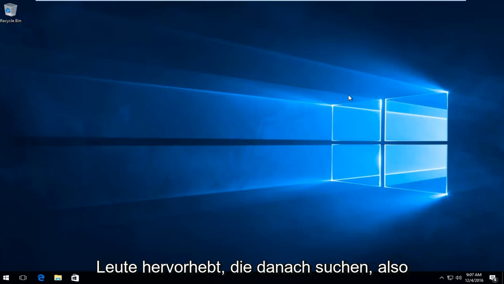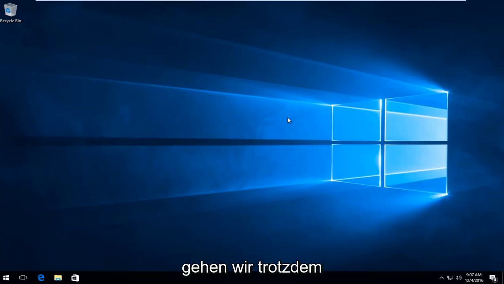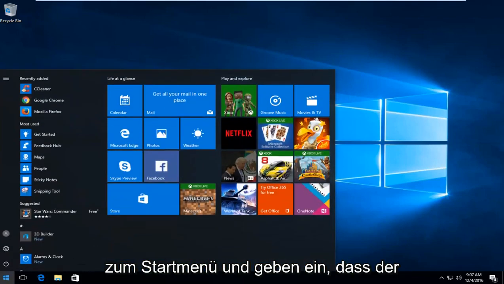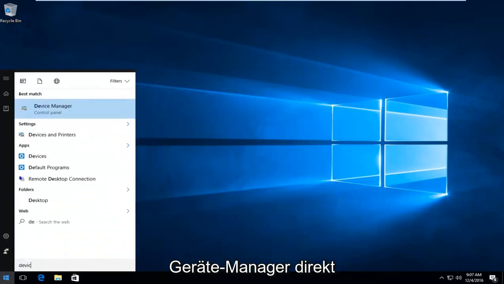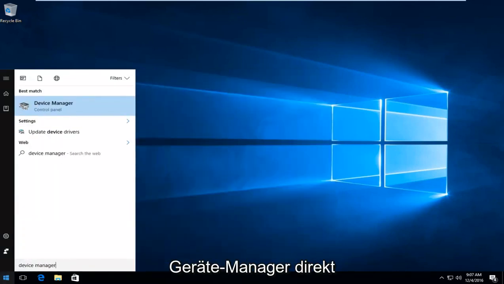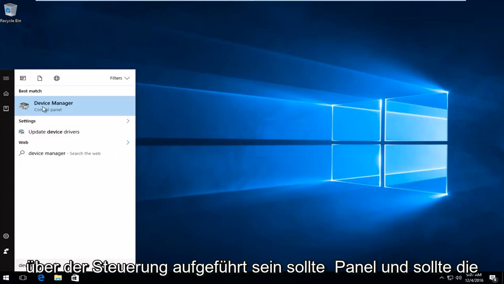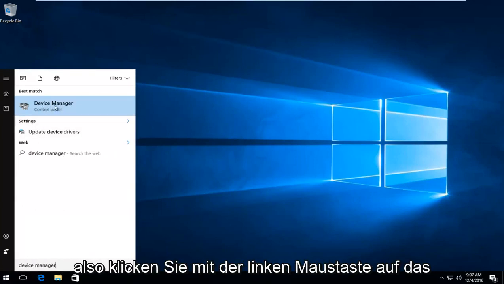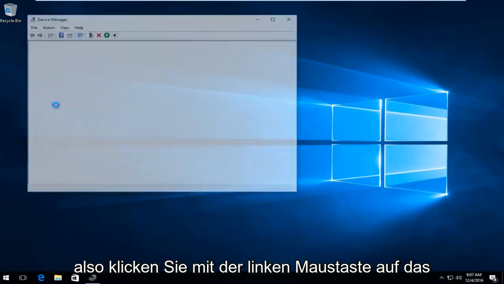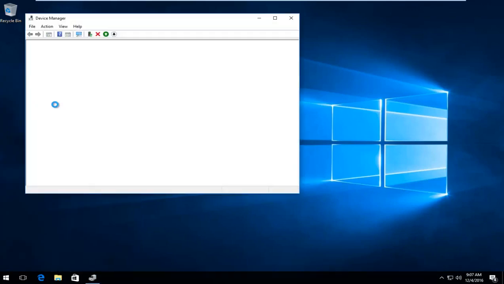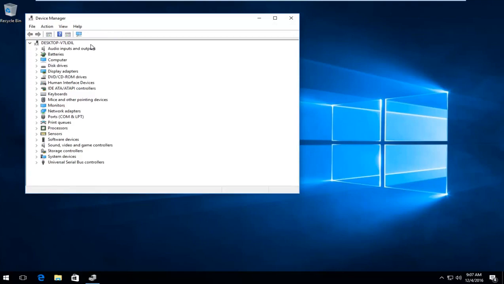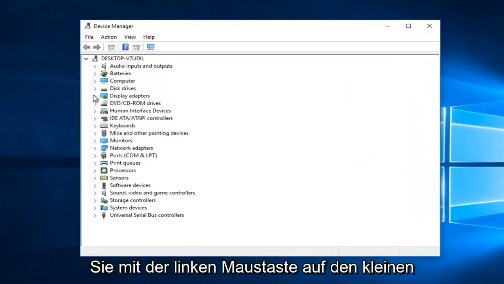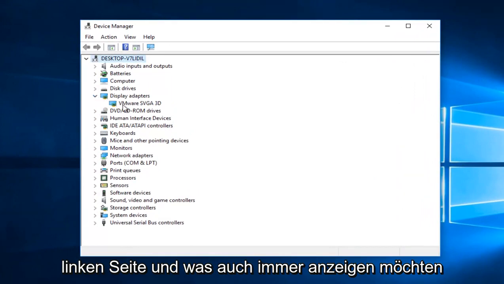So anyway, we are going to head over to the Start menu, and we're going to type in Device Manager. Should be listed directly above Control Panel, and it should be the best match on our search results. So you want to left click on that. You want to left click on the little arrow next to Display adapters on the left side,